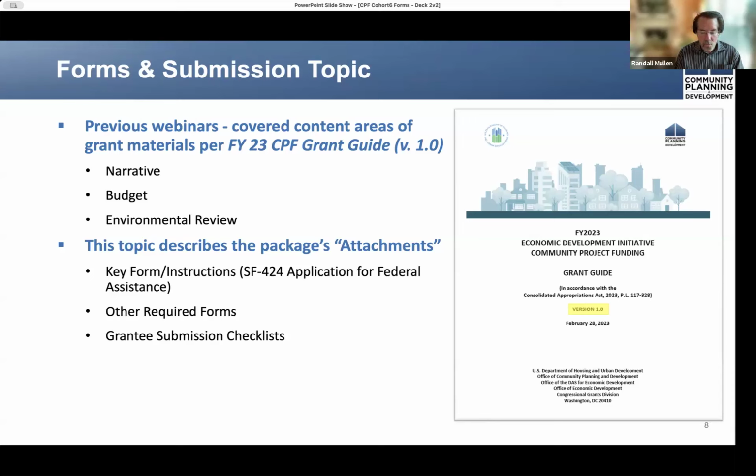The required forms and information for submission of your grant packet are described in the attachments to this grant guide. Jennifer and I will detail in this presentation key forms and instructions, beginning with the standard 424 application for federal assistance, other required forms, and grantee submission checklists.